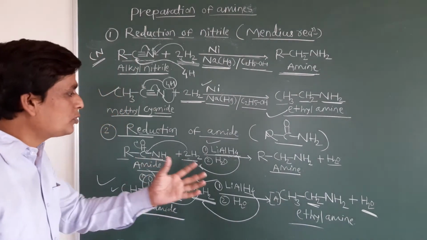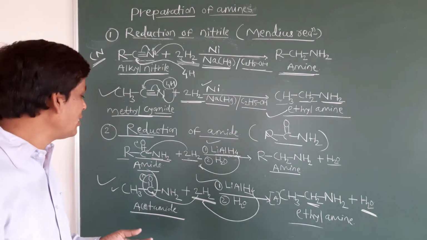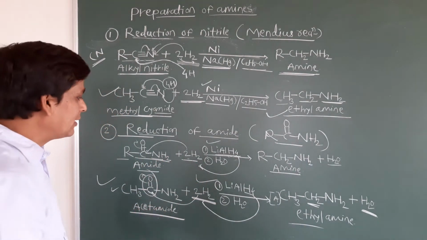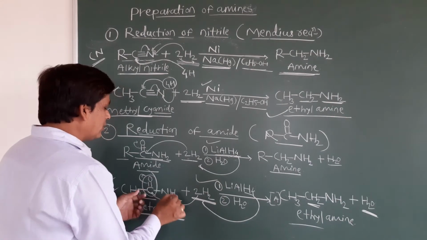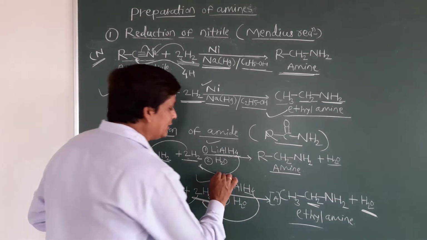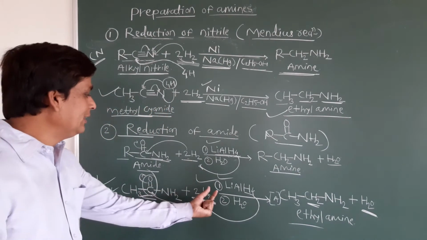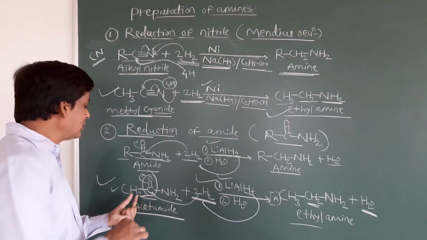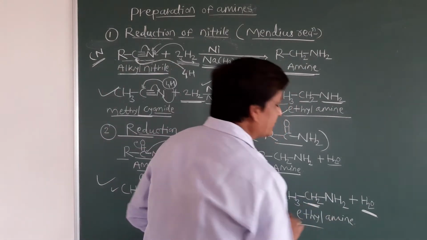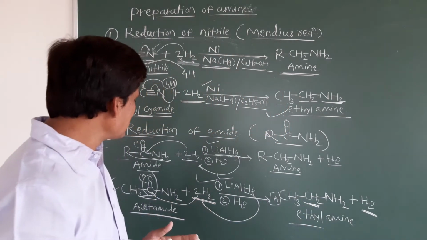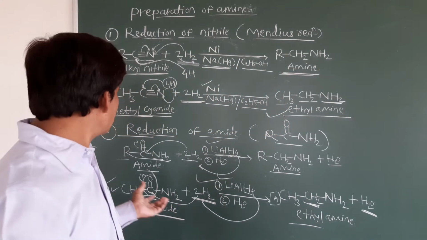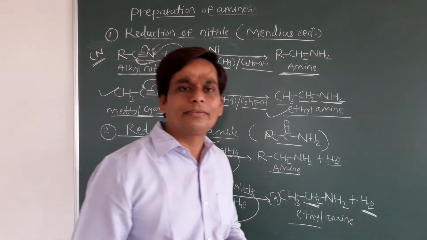Okay, no need to solve in the exam. Whenever they ask in the JEE as well as NEET exam, this is one hint. Whenever this carbonyl group is an amide and lithium aluminum hydride is there, what is the hint? You consider this carbonyl group converts into the methylene group, that is a CH2 group. Okay, so in the next method we will discuss now.